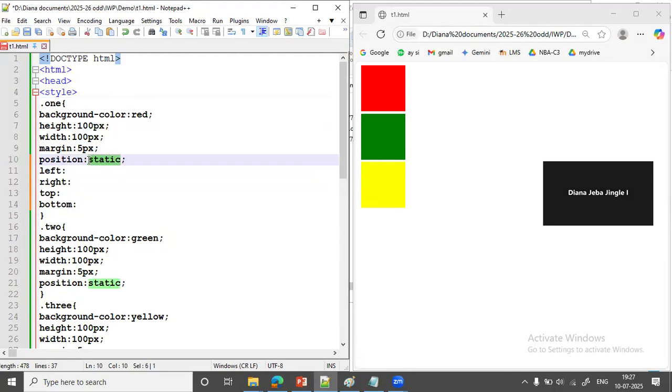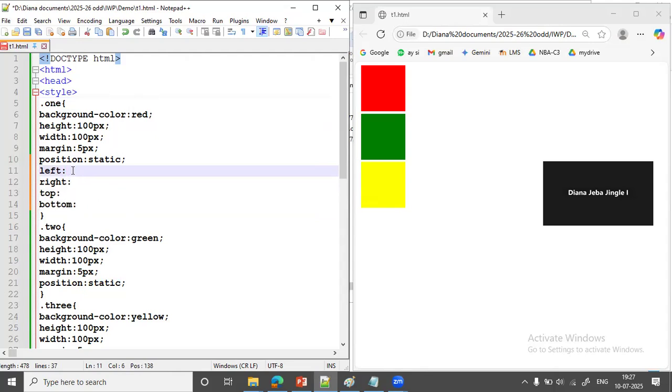For static, there will not be any effect from these 4 properties. If the position is static, you cannot see any effect from left, right, top, bottom. By default the position is static, and these properties need not be applied. Even if you apply them, you cannot see any